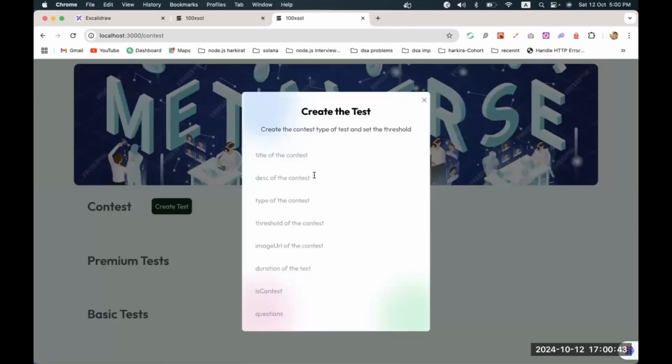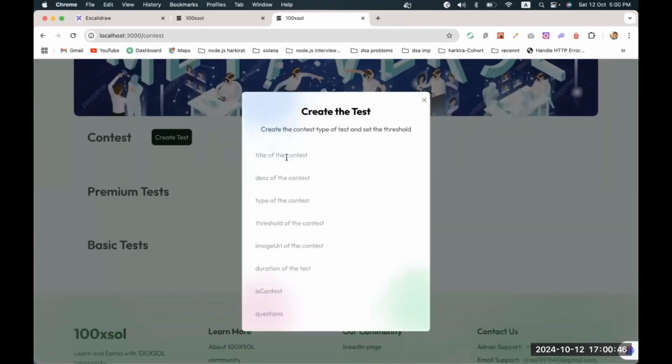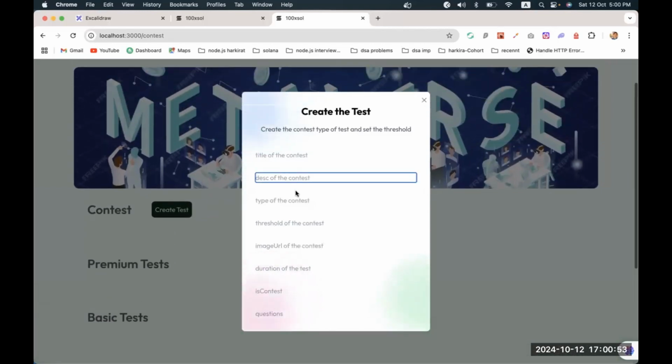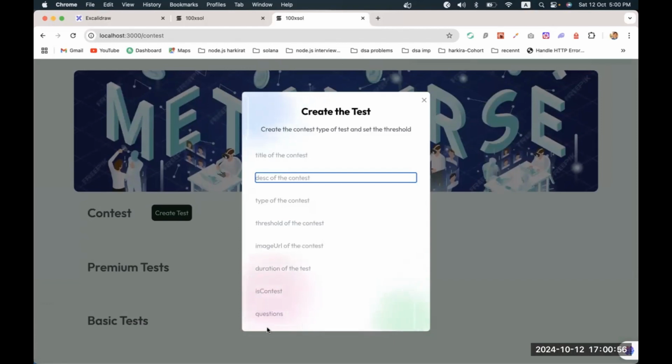Now this looks good, and this is working fine. I just have to make this a bit cleaner. So I need a button to submit this and an action to create this test. And then the authorization: only if the session contains the Gmail of the admin, then this create test button appears. So for that,